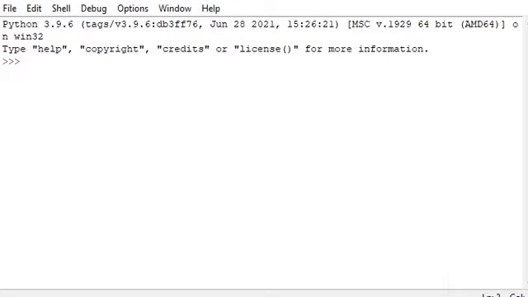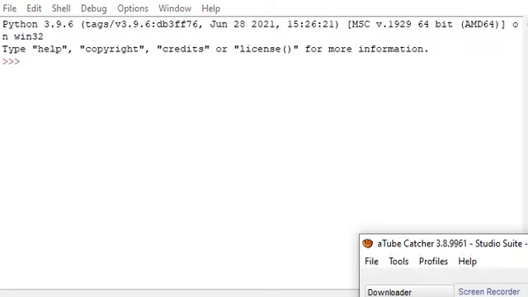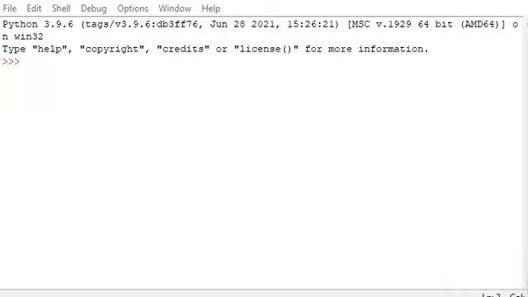Good morning. Today we are talking about Python variables. How to create a Python variable. A variable is created by assigning a value in Python. For example, now